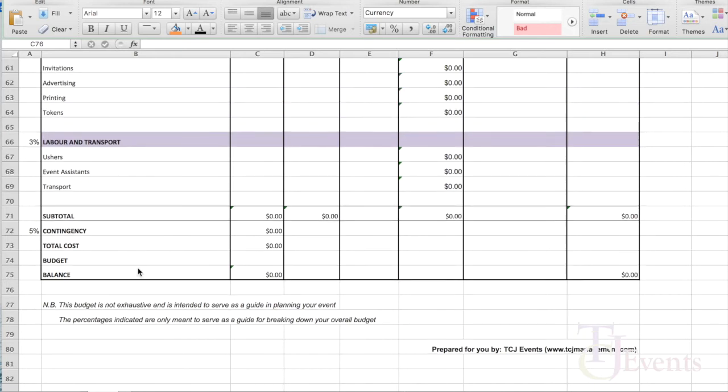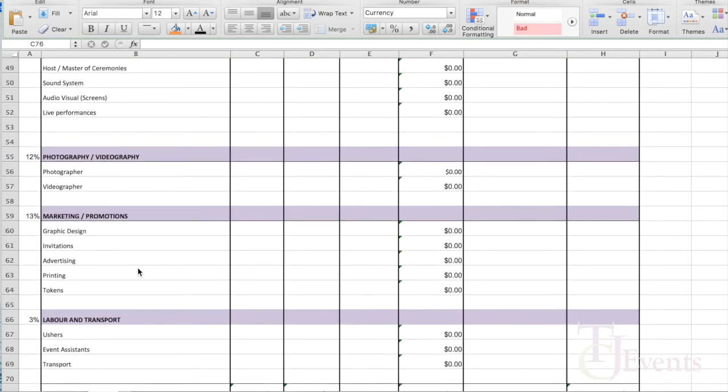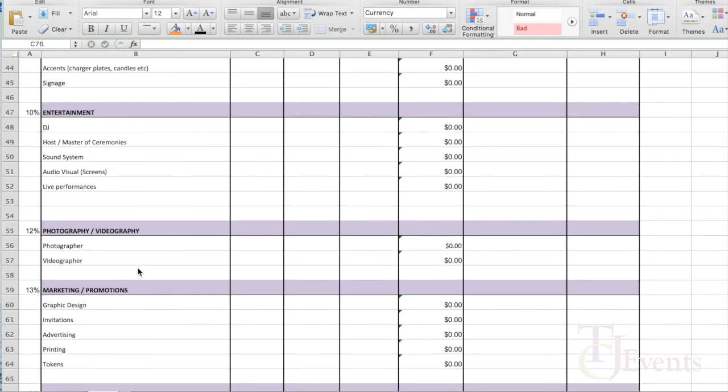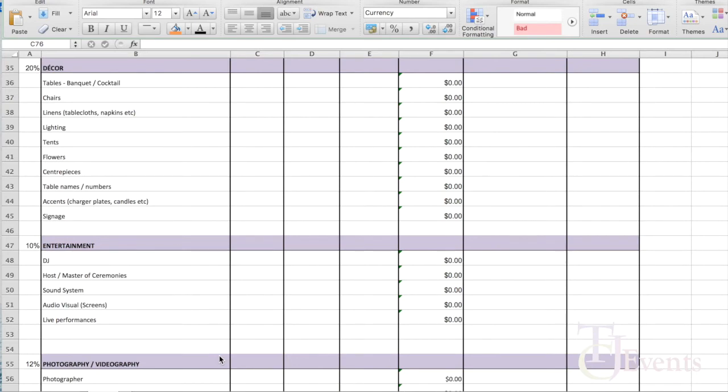So what do I mean by that? Let's just say you have a budget and you decide that, okay, I'm only going to spend $20,000 on this event, and you don't know how much these individual items are going to cost. What you can do is use this percentage as a guide. So you say 20% of 20,000 is going to be my decor figure. 10% of 20,000 is going to be my entertainment figure, and you break it down like that to see where